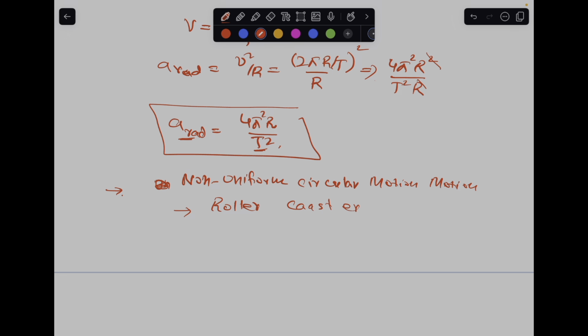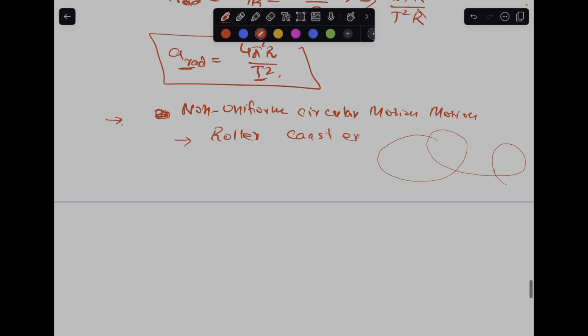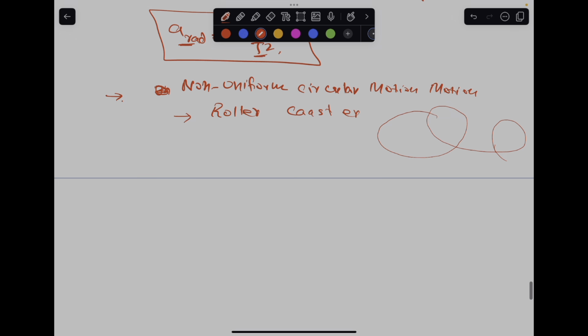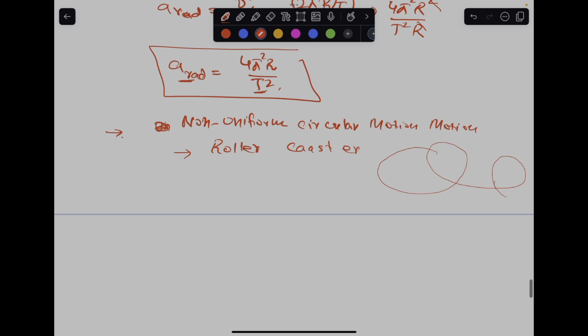It is always speeding up and slowing down. It's moving like this. So when the object is moving in a roller coaster with non-uniform speed,